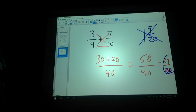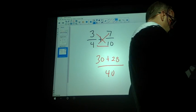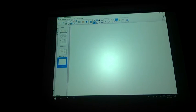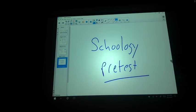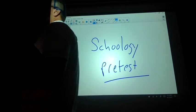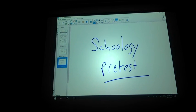So kind of an easier way to think about it. Something that's going to take place tomorrow on Schoology, we will do a pretest. This pretest is just to see, hey, are you in the right spot? Some of you might need to move to accelerated because it's coming to you like that, which is fine. Some of you are in the perfect spot. And some of you might have a couple of gaps where we might consider moving you down to the integrated